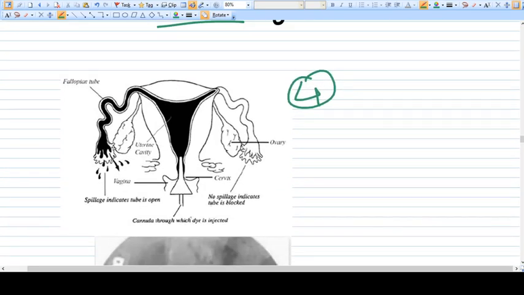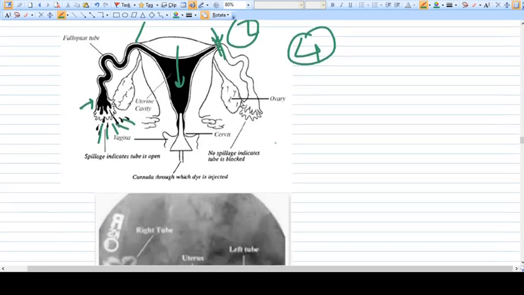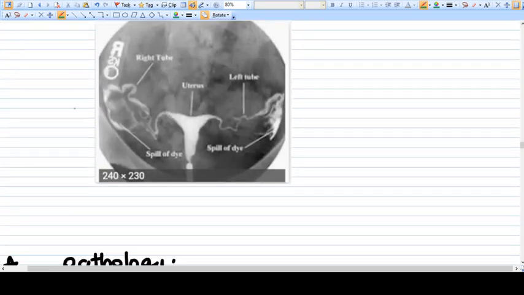So this is a graphical presentation. The cannula is inserted into the uterine cavity. Now these black parts are the uterine cavity, then the tube, then the fimbrial end of the tube. The cornual end, the fimbrial end, everything we can see. Free spillage from the tube we can also see. If you look at this side, there is an obstruction at this level, that is cornual obstruction. So further we cannot see any part of the tube. This is a normal HSG.